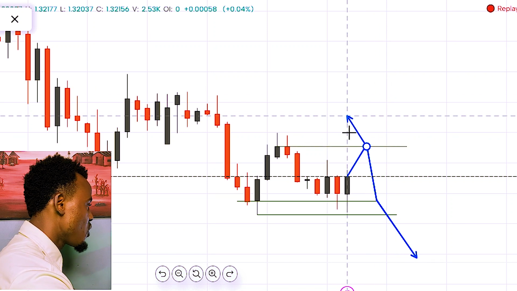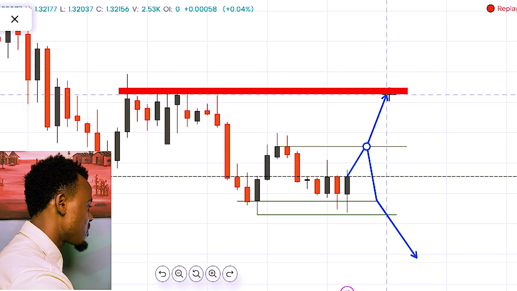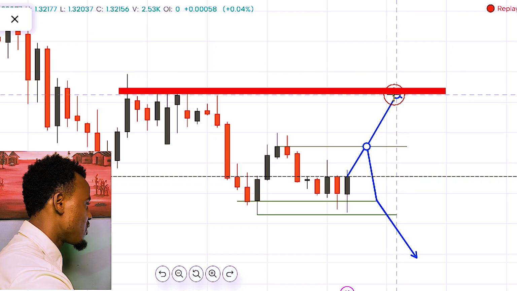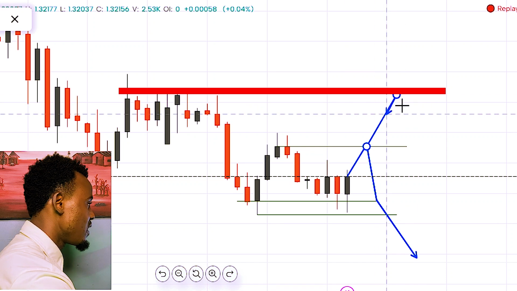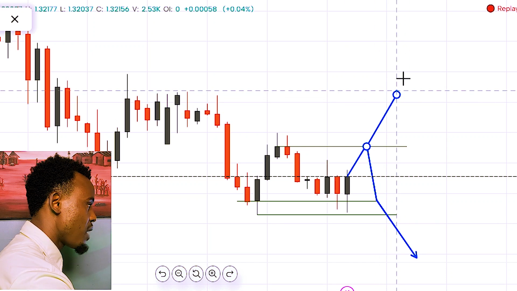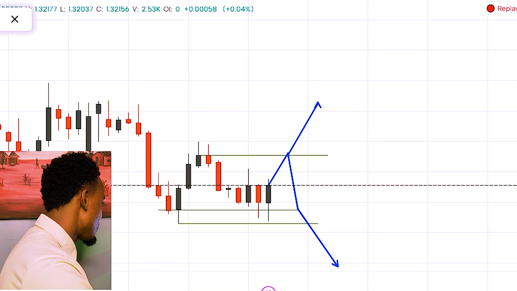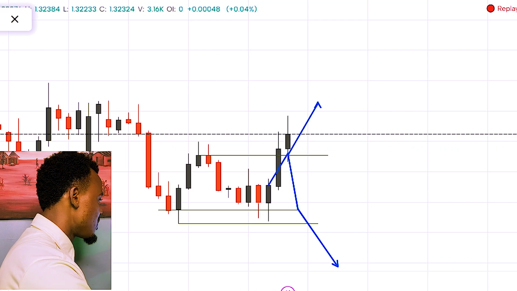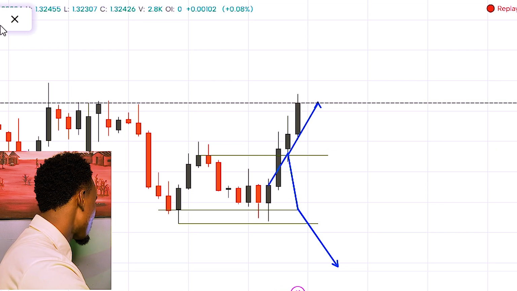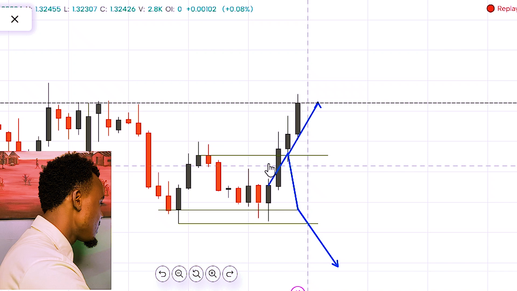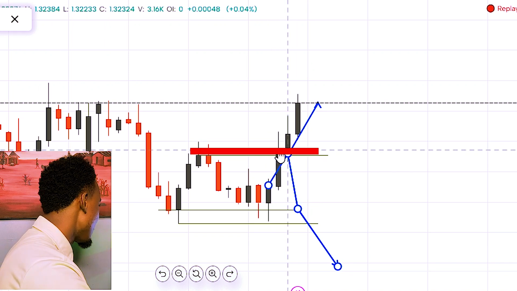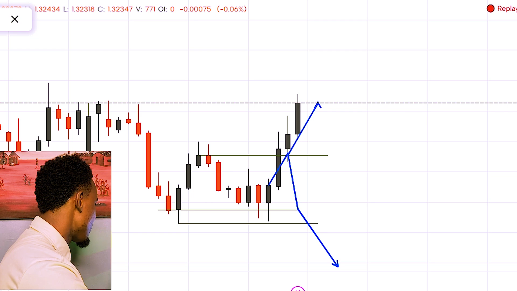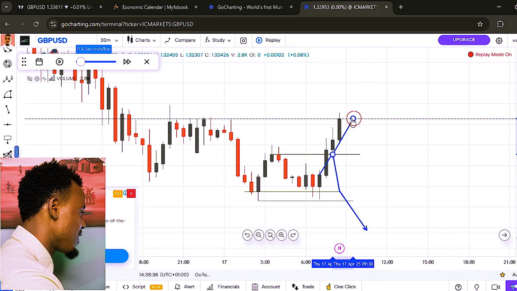Now, if it is going up, then I will possibly take my first profit somewhere here, right? And once it gets past this particular zone right here, I understand, then I will keep buying. Let's replay the chart. As you can see over here, the same thing happened right there. Once it crosses over this area right here, you are supposed to enter the market, right? From this particular area right here.